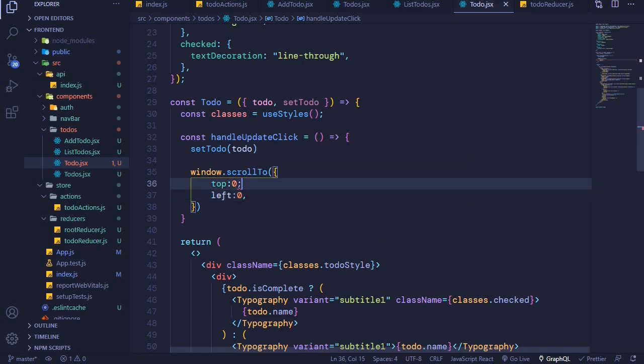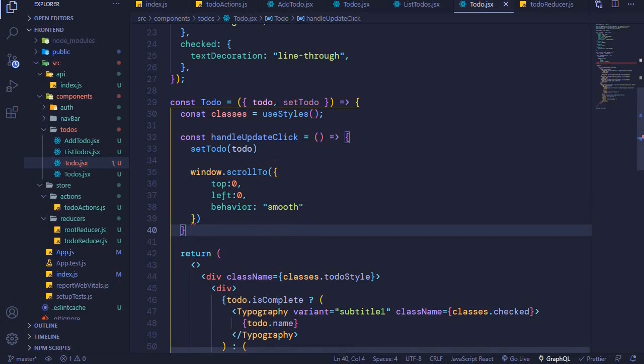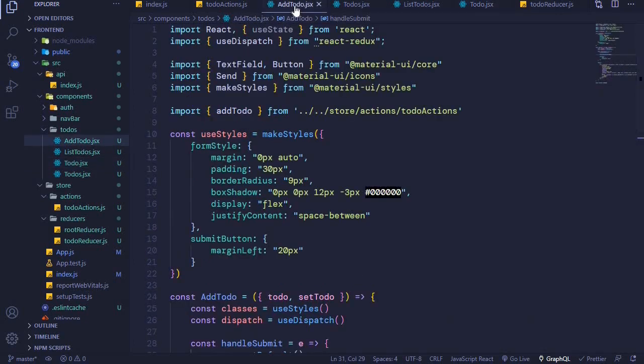This is a comma, not a semicolon. And then lastly here, behavior smooth, so we want it to be a smooth scroll, so behavior to be smooth, just like that. Now when we click that button, we will set the state to this and we will scroll to the top. Now the next step is to come to our add to do component and perform a check